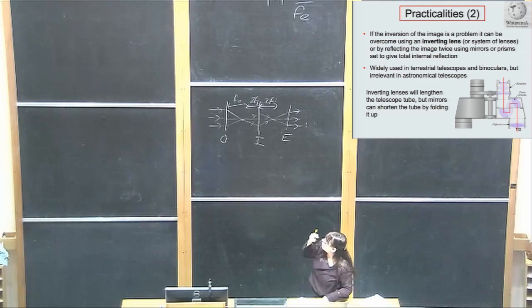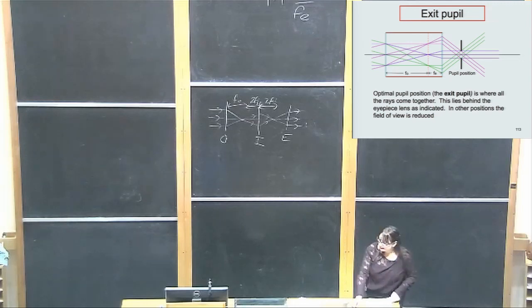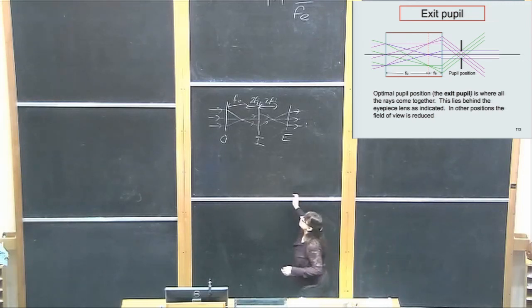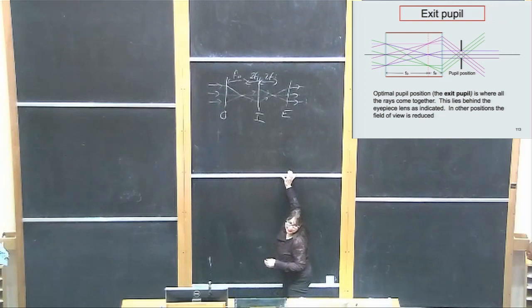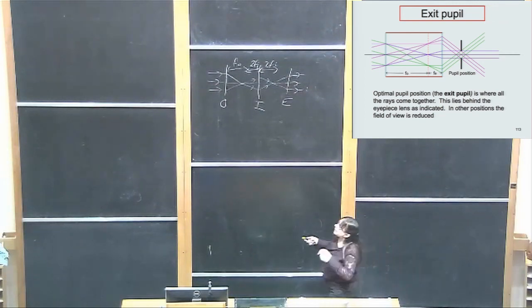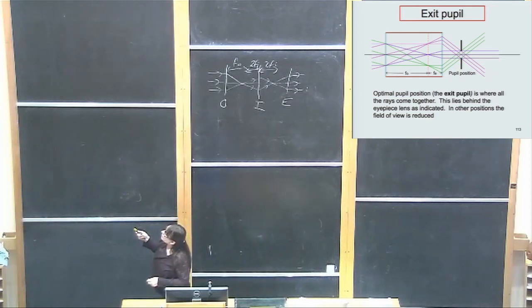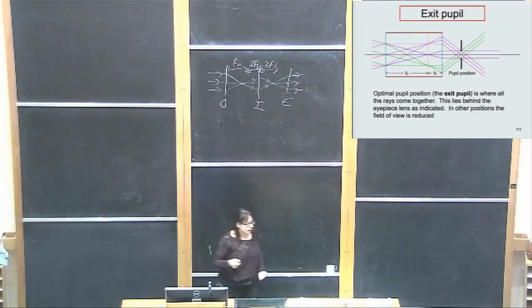So that's a very clever way of doing it without making your piece of equipment more bulky and longer. Another consideration is what size of objective lens you actually need. I'm returning to this picture here to discuss the exit pupil. This is where all the rays are bundling up together. As we mentioned yesterday, this is where you should put your eye to be able to view the